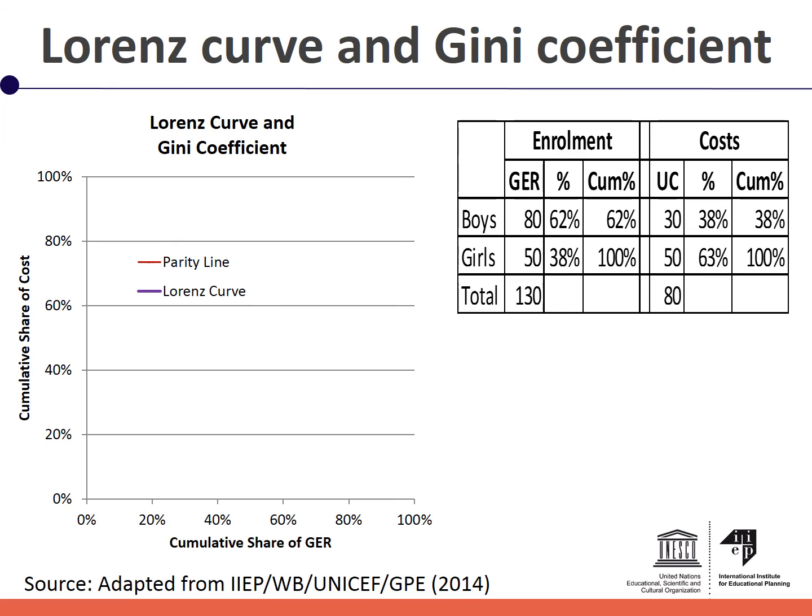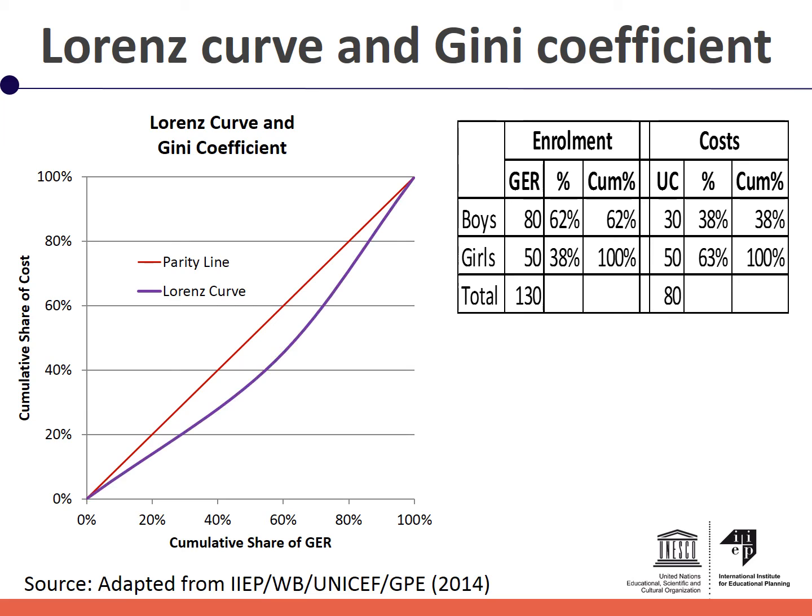Let us use the Lorenz curve to study the equity by comparing the relative shares of boys and girls' enrollment rate and their unit cost. The cumulative share of the enrollment rates is shown on the x-axis, and the cumulative share of the unit cost is shown on the y-axis. The parity line connects the theoretical values where the cumulative proportions of enrollment rates and the unit cost are equal